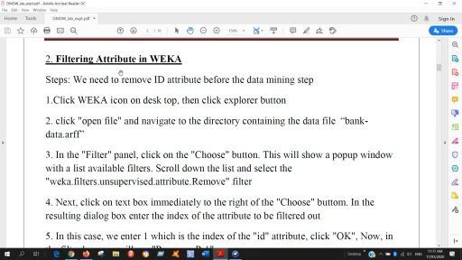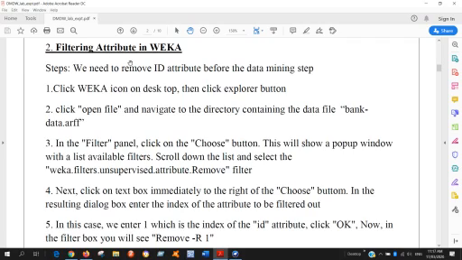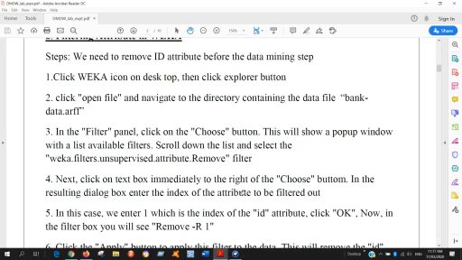Filtering means you can add or remove attributes in your program. Suppose you want to remove any attribute. So now we are using filtering to remove an attribute.